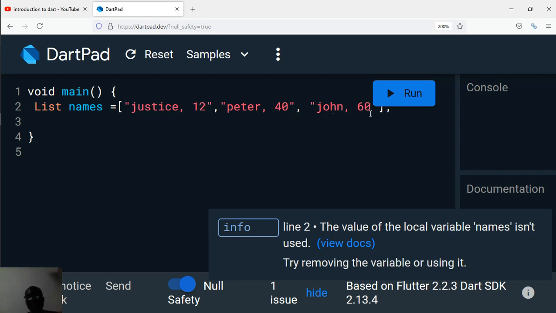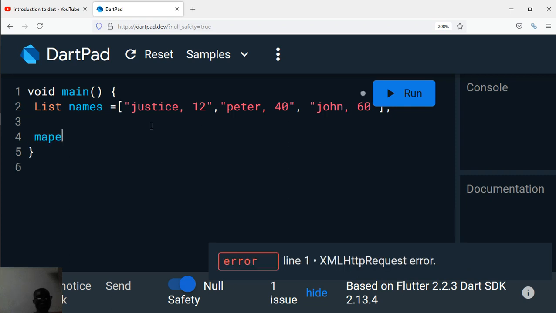So they are stupid. You don't arrange things like this. This is not the right format to store some list of users' names, right? So what you can actually do is use maps to do it, right? So you can do something like map, and then names and age, right? Then